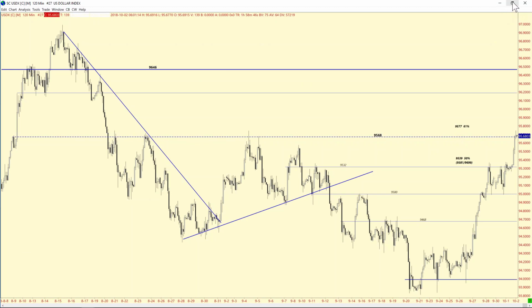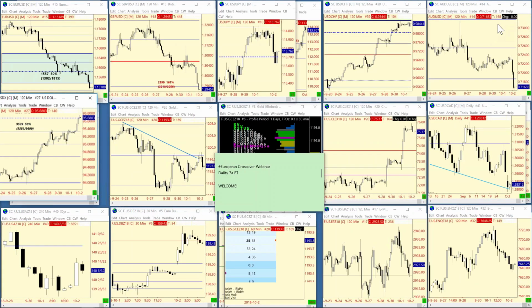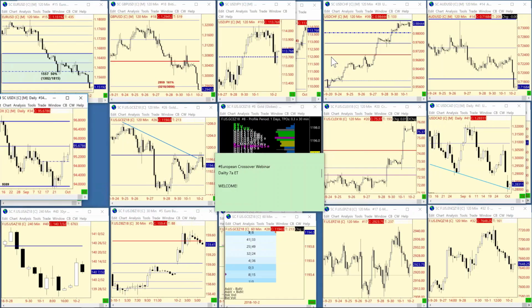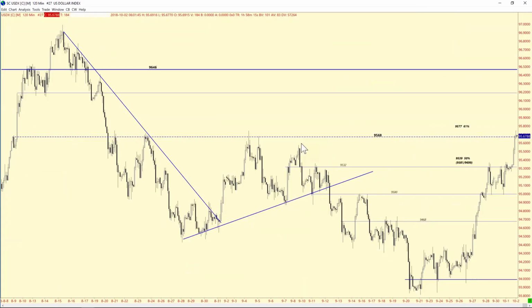One of the things that we had talked about was that on Friday we got a close, and we pointed that out yesterday, close above 94.97. That would allow, as we talked about yesterday, a challenge to this upper level, which is 95.65 on a daily. But on our 2-hour chart, a 2-hour close just above this level here would allow a challenge up to 95.68. Hence, this was our bias chart resistance from yesterday coming into today.